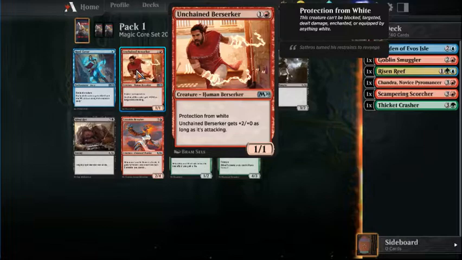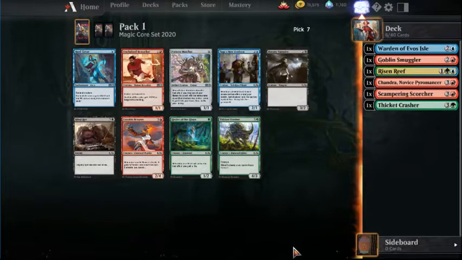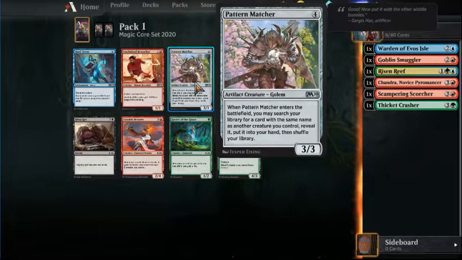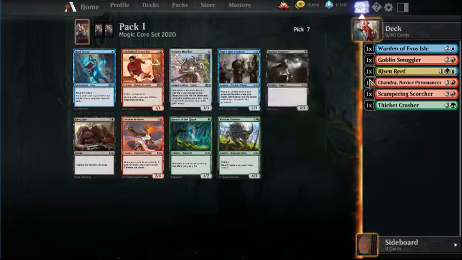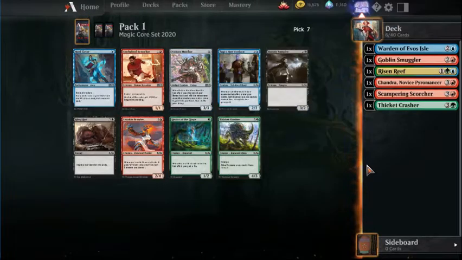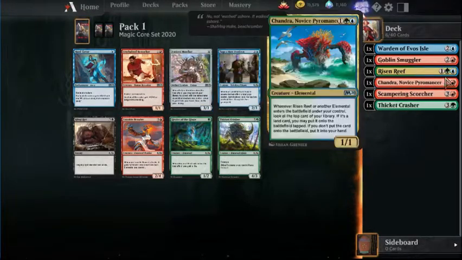Unchained Berserker. This is the pro-white guy that's a 3/1 while it's attacking. Another Thicket Crasher. Lavakin Brawler, I think, is what we're looking for. And then Pattern Matcher, I think, is actually a solid card. If you have multiples of basically 2 different creatures in your deck, I would play Pattern Matcher, since it just